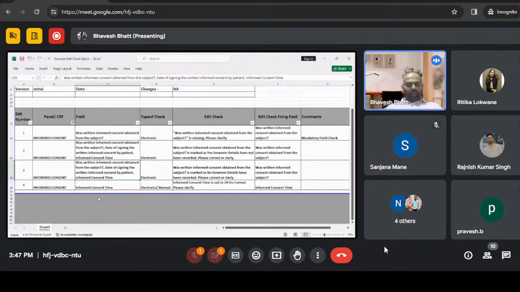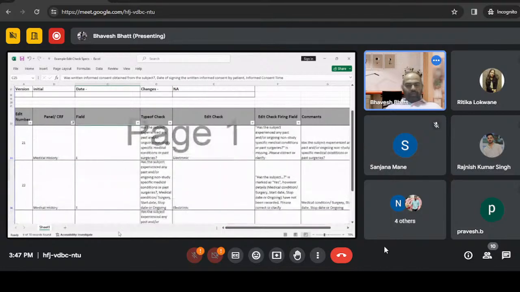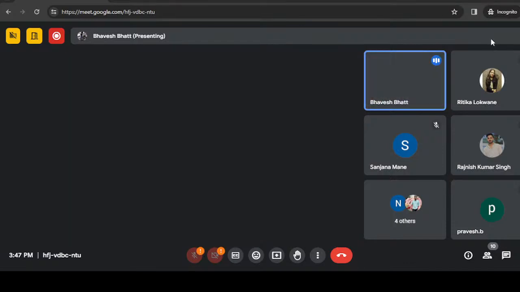Let's go for medical history. So the medical history form has a primary question: has the subject experienced any past or ongoing medical